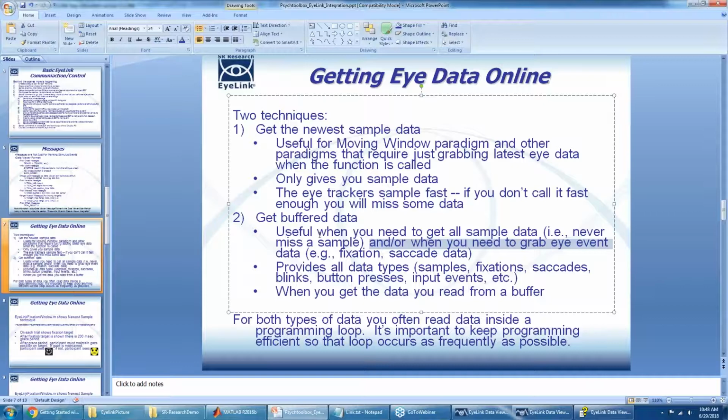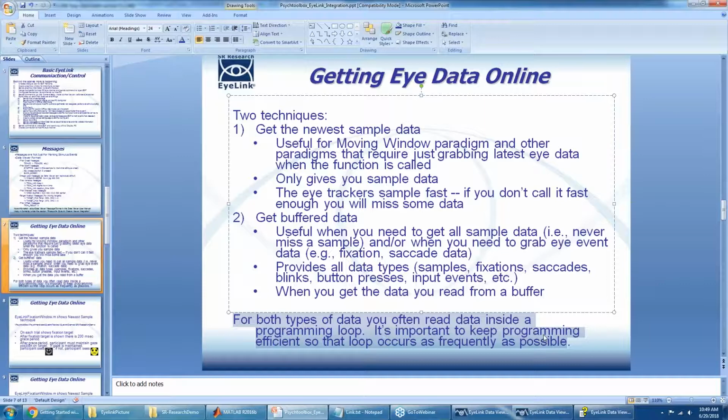It puts all of those in a buffer, and then you grab those from the back of the buffer. So you're not grabbing the newest one in the buffer, you're grabbing from older stuff in the buffer. This way, you're never going to miss anything. You just need to call it more, but you're always reading from a buffer, so you shouldn't miss it. But in either case, you should be